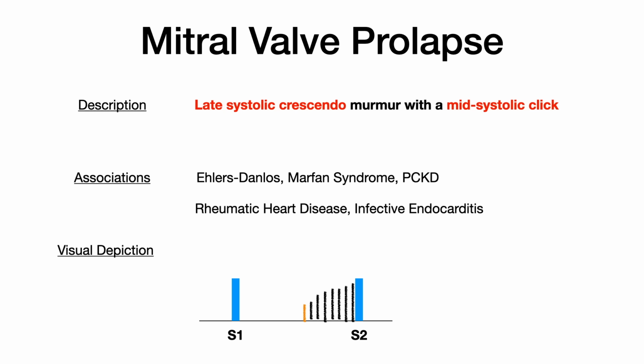So if you're taking your exam, they could give you mitral valve prolapse and then ask you which of the following other murmurs is this patient likely to experience in the future? And the answer would be mitral regurgitation. So that's the association with mitral valve prolapse. That's a little snippet of the